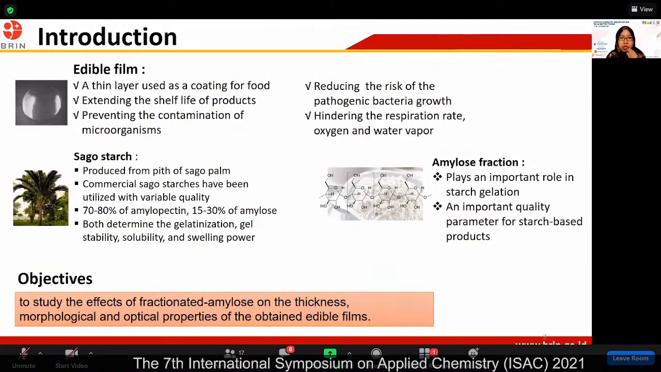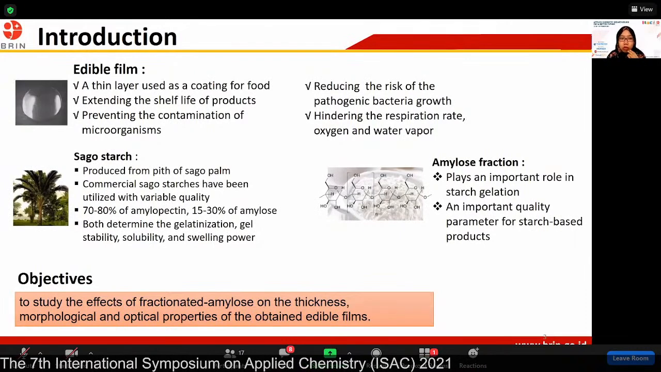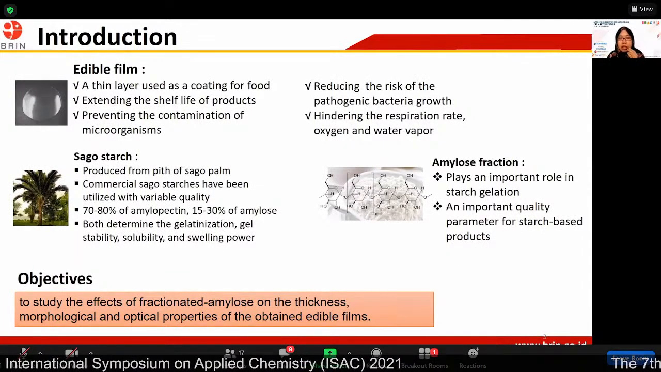And the sago starch itself is produced from the pith of the sago palm, and commercial sago starches have been utilized with variable quality. Sago starch consists of 70 to 80% amylopectin and 15 to 30% amylose. Both amylopectin and amylose can determine the gelatinization, the gel stability, the solubility, and the swelling power of the